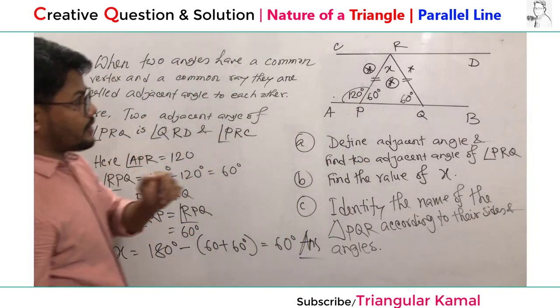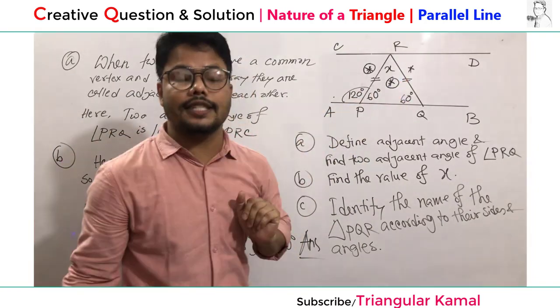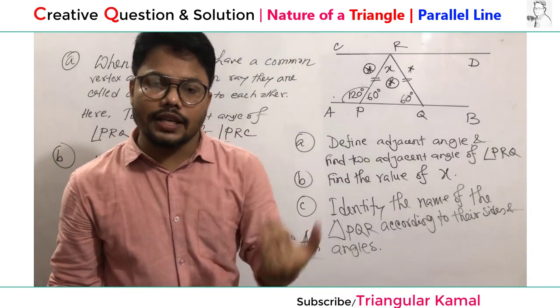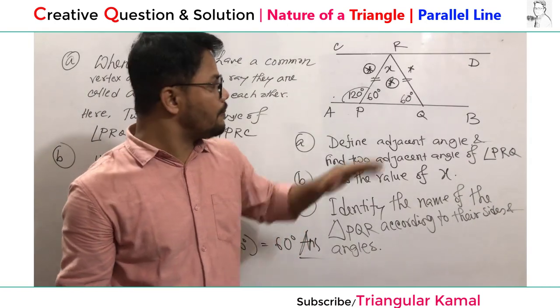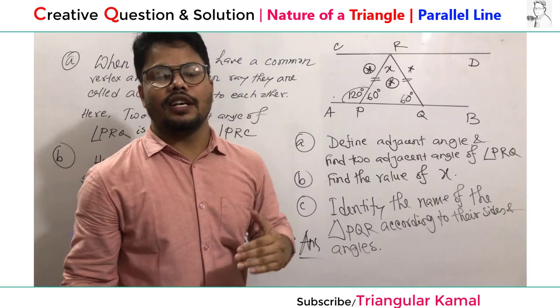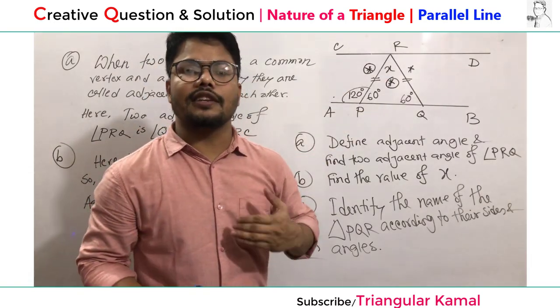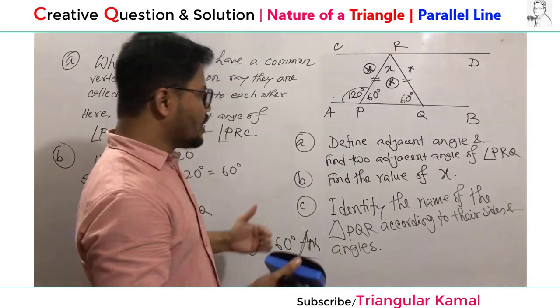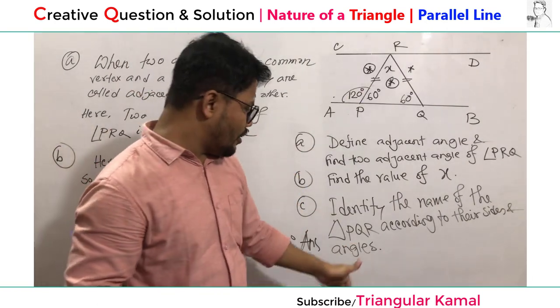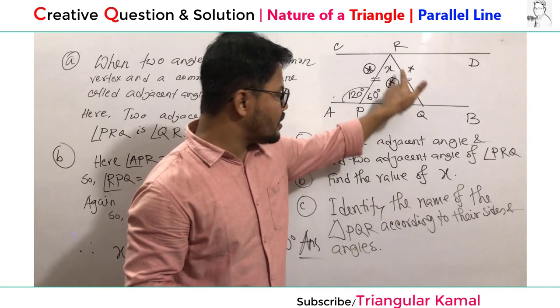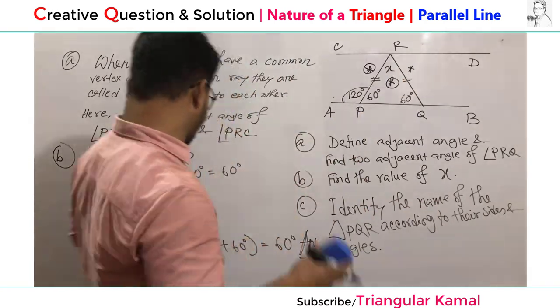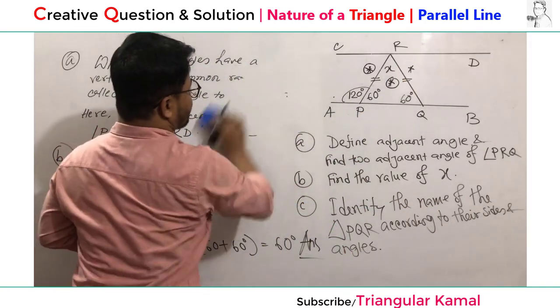And also we see here three angles are the same. When the three angles are the same, the three sides must be the same. In our previous classes we said that an equiangular triangle must be an equilateral triangle, so the three sides are also the same. Whenever three sides are the same, this is an equilateral triangle. So now we will write down the answer here.